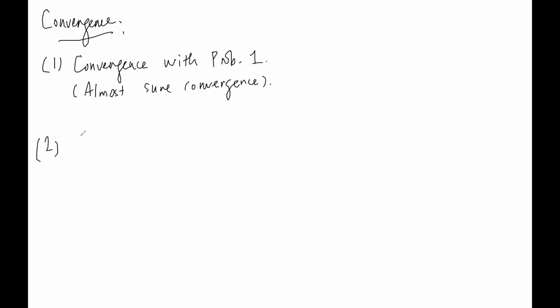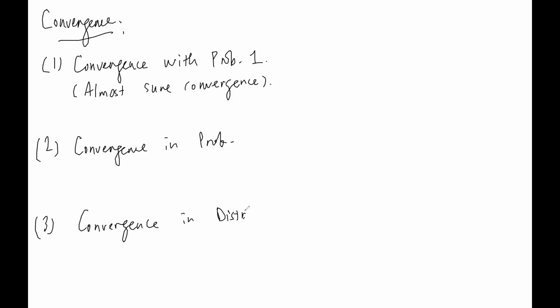The second type is called convergence in probability. The third type is called convergence in distribution. Okay. So the first type of convergence implies the second type, and this one implies the third type. Okay. So in terms of technically, when you write this, this is written as